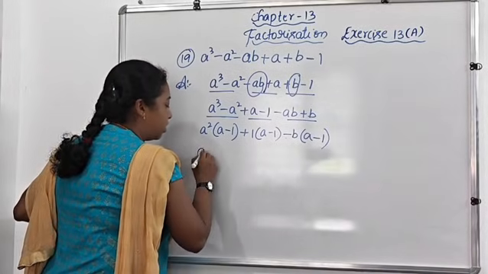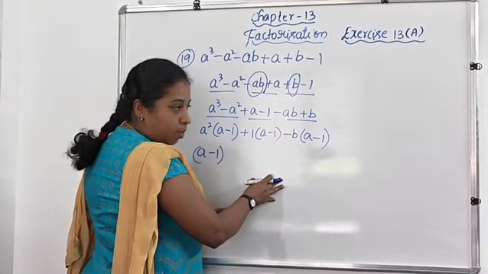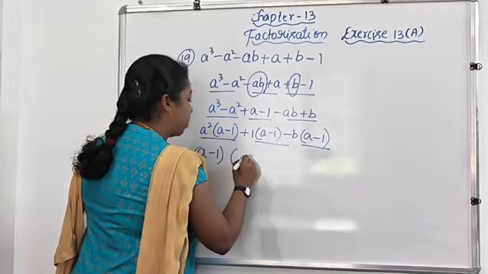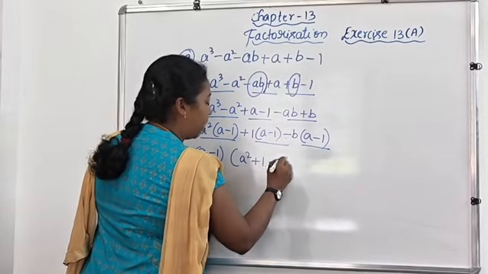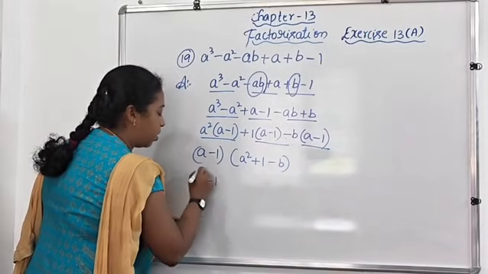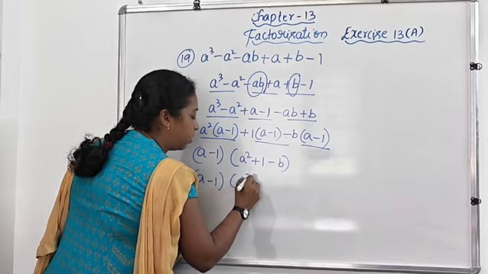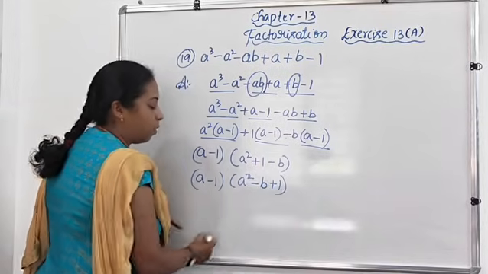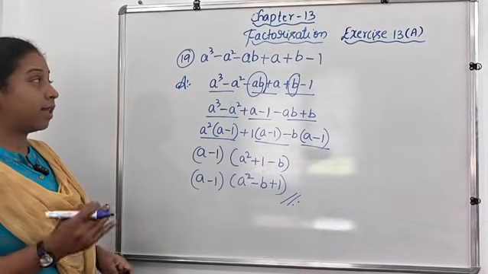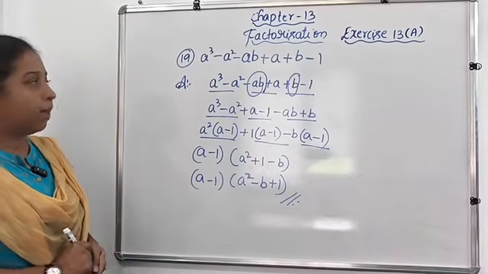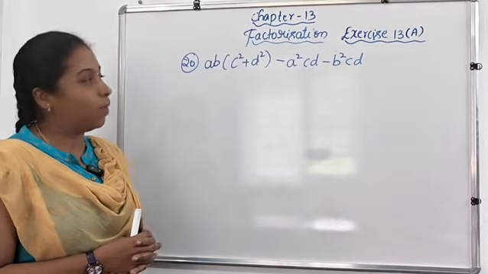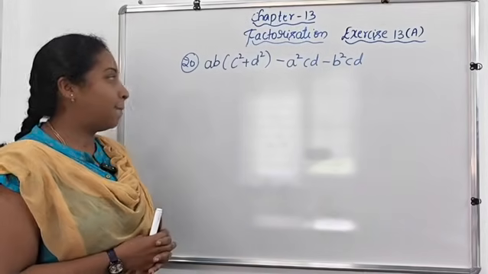We'll take a common, that is a minus 1. If we have taken a minus 1 as a common, then remaining is a square plus 1 minus b, or we can write it as a minus 1 into a square minus b plus 1. So these are the factors of a cube minus a square minus ab plus a plus b minus 1. So 20th question is ab into c square plus d square minus a square cd minus b